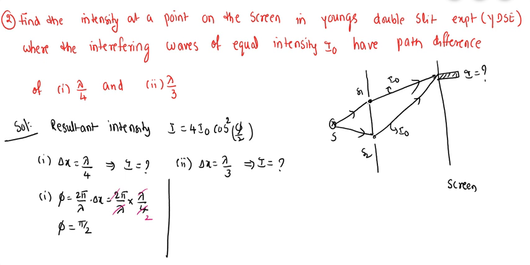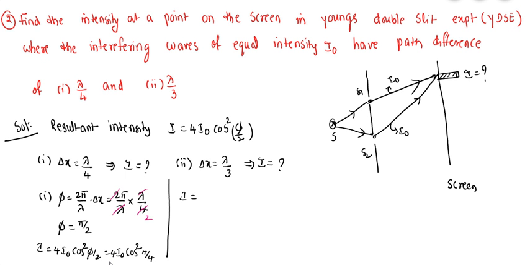We have the formula I equal to 4 I naught cos square phi by 2. Substitute 4 I naught into cos square phi by 2. Phi value we got as pi by 2. Substituting pi by 2 here, pi by 2 by 2, you will get pi by 4. If you simplify this, we will get I equal to